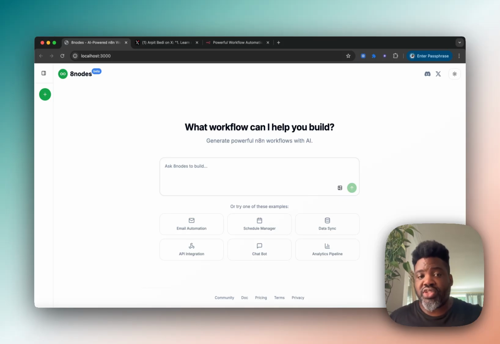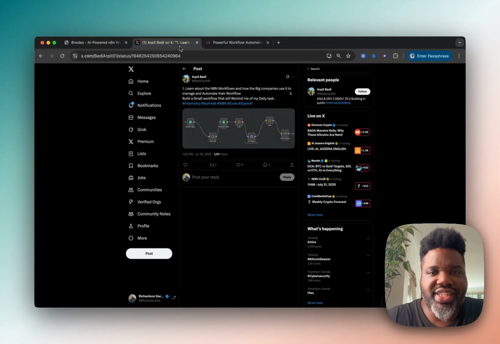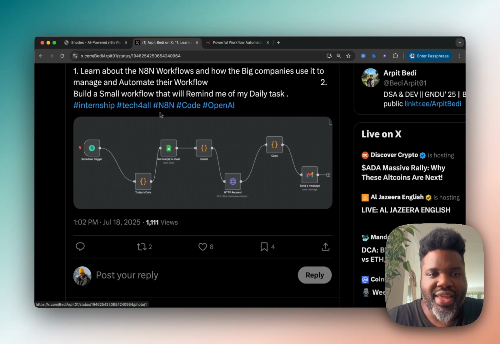There will be other tools that will do something like that, where you can write a prompt and generate a workflow, but I want it to be the best for if you take an image and you have an idea of a workflow from somewhere else, and you want to generate this exact same workflow, or you create a schema, you just sketch something on a document of how you want your workflow to work. I want this tool to be the best at understanding the context of your image and generating the best workflow from that. So I'm going to show you an example right now, because I've been spending a lot of time